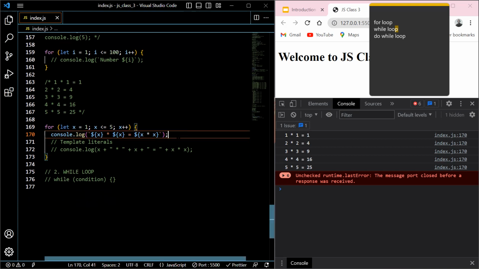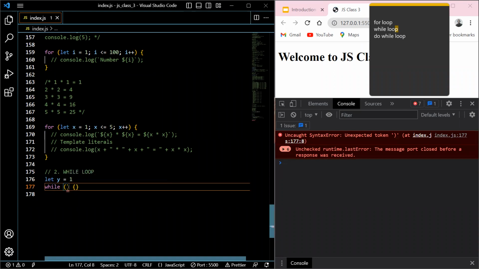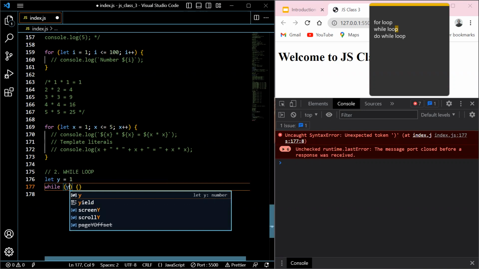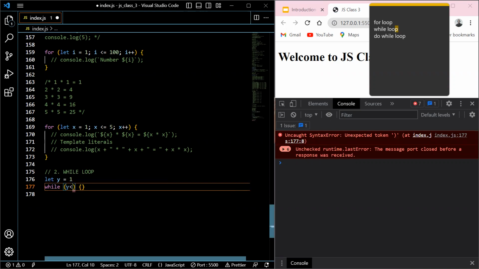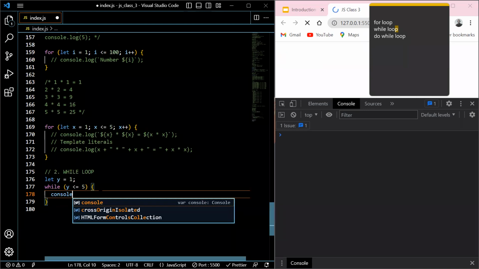So basically, I wanted to see how we can use the while loop to achieve this same multiplication table we did, right? So it usually has its own condition here. So we can come up here and say something like, okay, let me use y this time around, let y equal to 1, and then we place our condition here. For this particular block of code to run, y should be less than or equal to, let me stop at 5. So then let me just console.log